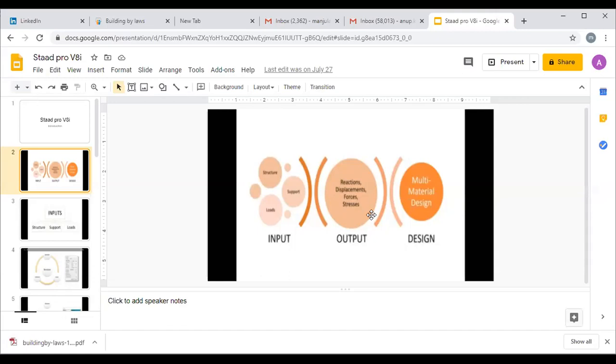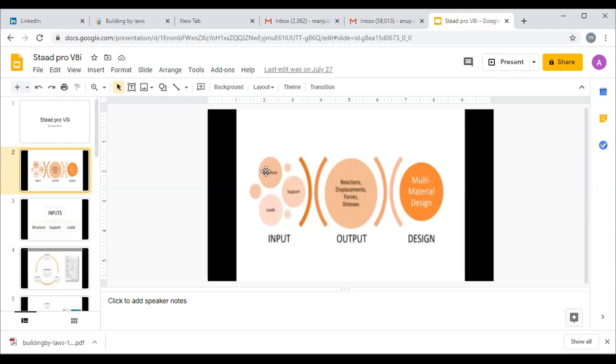moment diagram. So if you are going to use your STAAD.Pro software, there is no need to calculate the reactions, displacement, forces, stress, whatever I have told you. The software will give all the steps, which we call the output. The only thing is we have to input the data. What are those? We have to create the structure, we have to create the supports. So structure is nothing but a center to center line diagram. Or else you can create your structure directly in STAAD.Pro, or else you can import from the AutoCAD